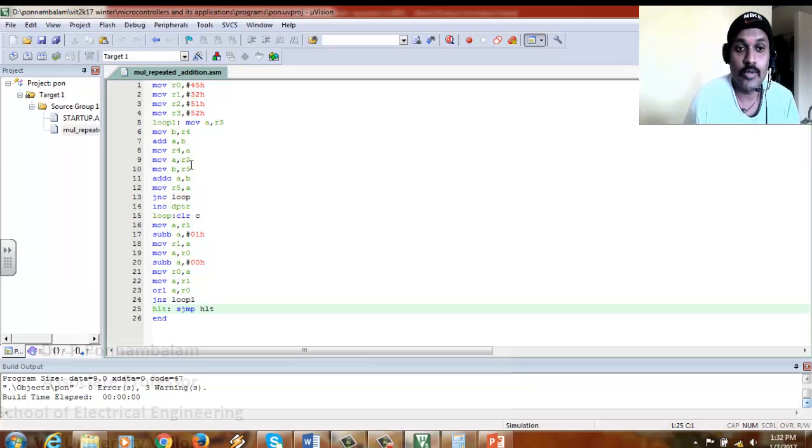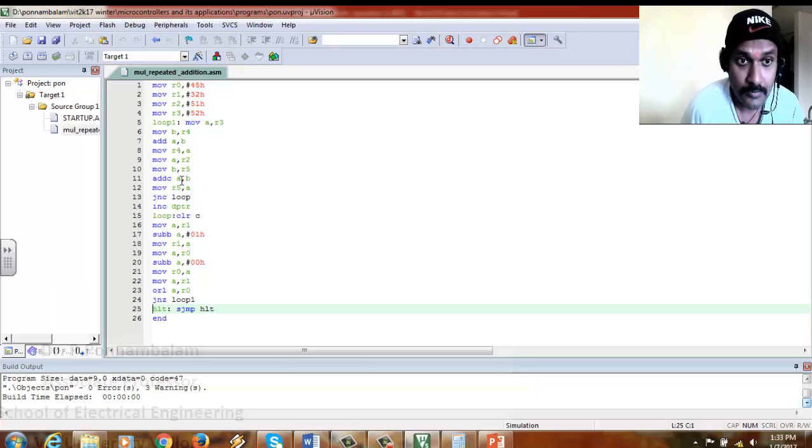Then I am moving the value of 51 into the A register. So 51 is the upper byte, so I am moving it into the A register, and R5 I am using for the upper byte resultant register. So R5 also I am moving into B. R5 doesn't have anything, 0 initially. So ADDC, add with carry A comma B. So the B is 0, that is added with the